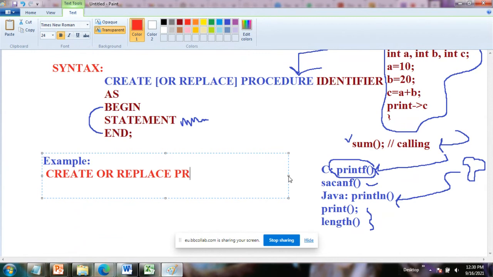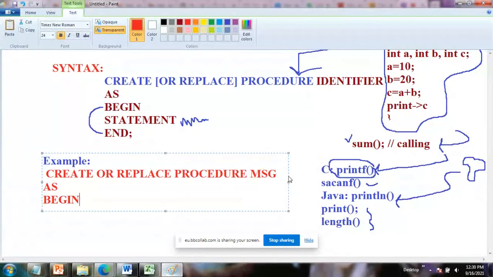You have to take care of the spelling of this procedure. What is the name of the procedure? Suppose message, MSG. As, now begin. You have created the procedure. Now you have to begin the procedure.